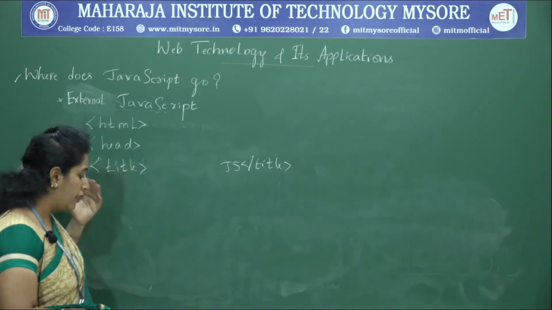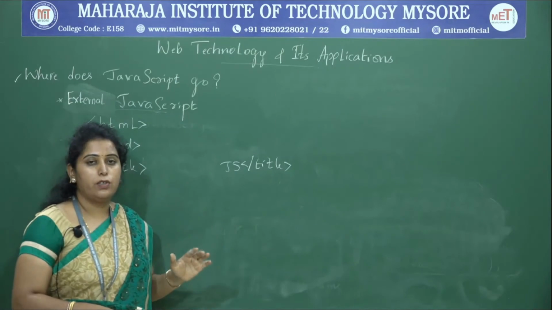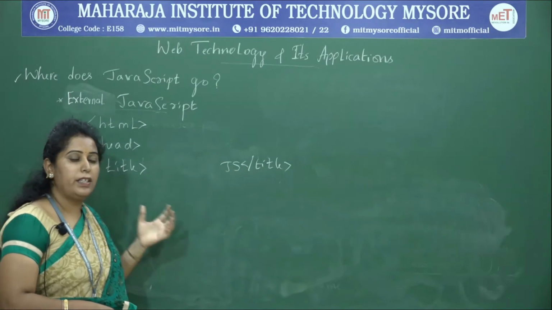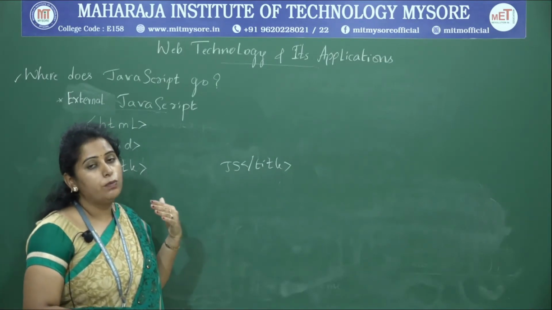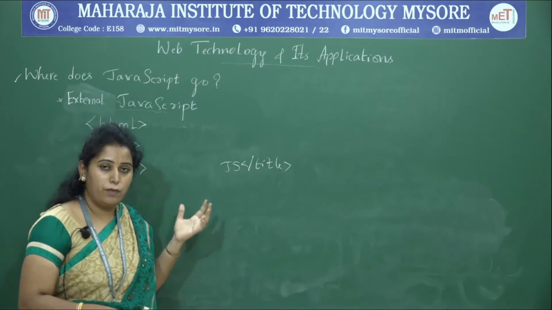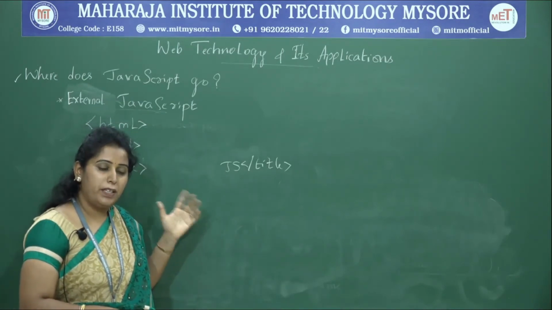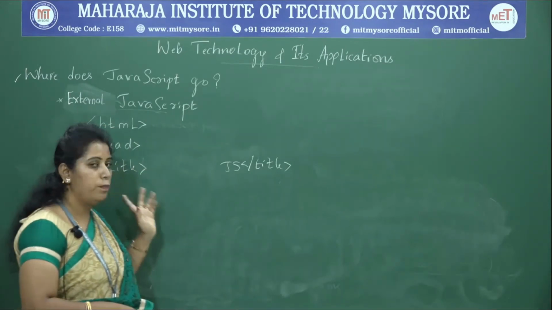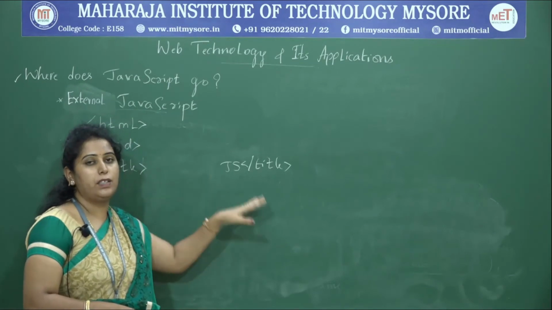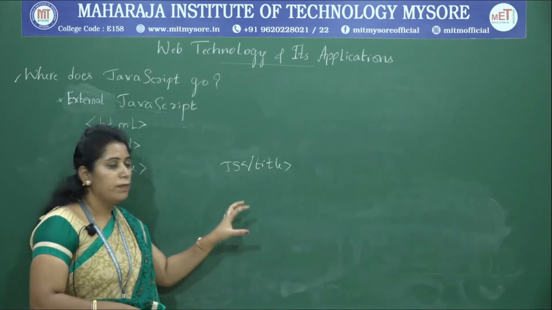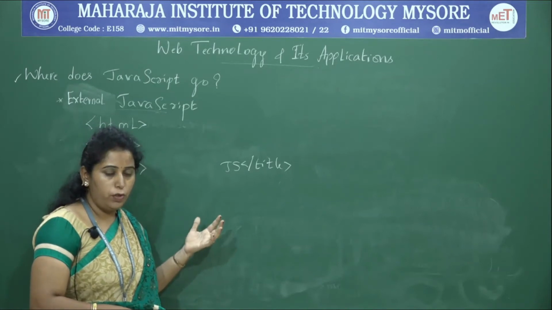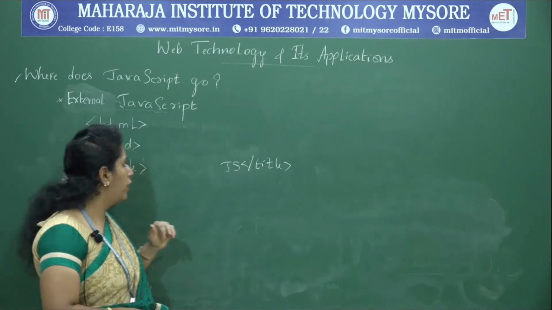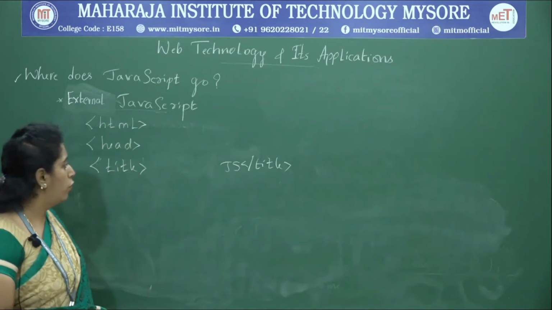There is more benefit in making use of external JavaScript. Why? Because in inline JavaScript and also in embedded JavaScript, the JavaScript and HTML code will be written in a single file. If you want to debug, it will be difficult for you, since both will be in the same file. If we make use of an external JavaScript, HTML will be one file and JavaScript will be in another file. So it will be more useful for better maintenance and also for debugging. That's why external JavaScript is more beneficial.